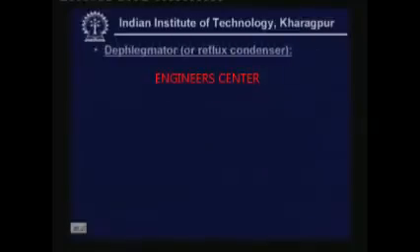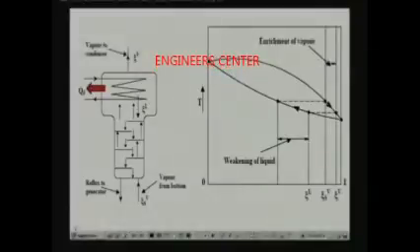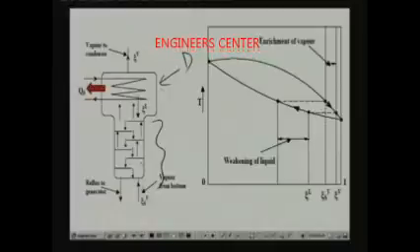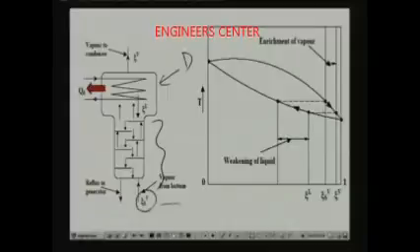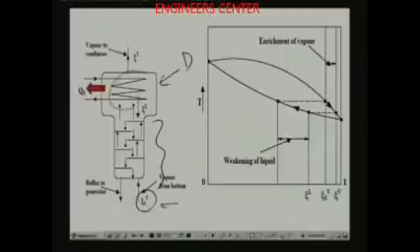Now, let me explain the deflegmator or reflux condenser. So, this shows the upper portion of the rectification column plus the deflag, as you know this is the deflag D. What is happening in this one: the vapor that is entering into the deflag is nothing but the vapor that is leaving the lower portion of the rectification column. So that enters into the deflag and let us say that it moves up, and at the upper portion it rejects some heat to the low temperature heat sink. So, this is the heat reject